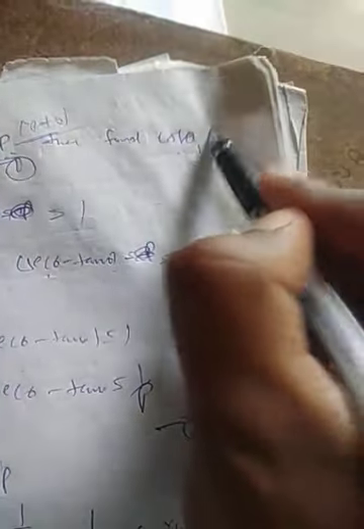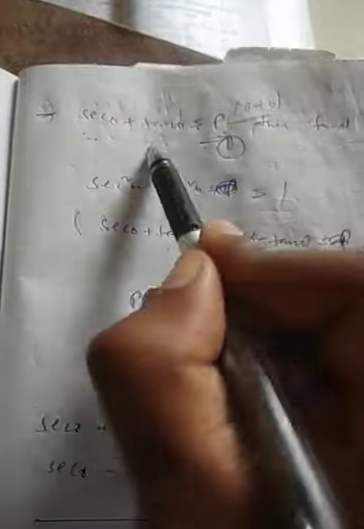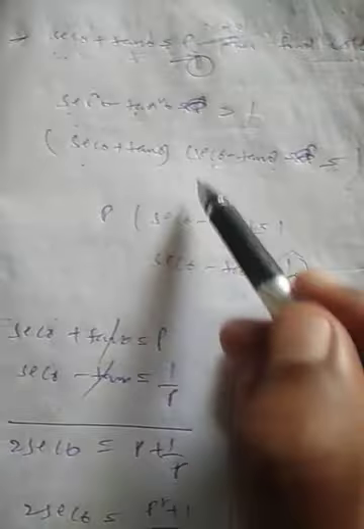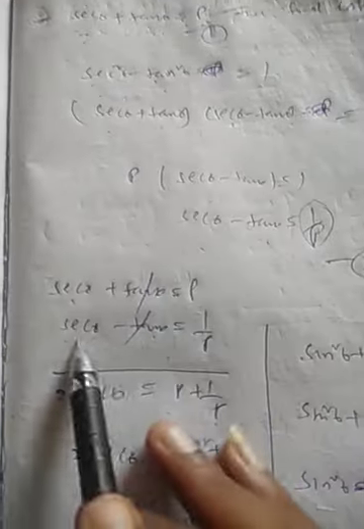Once again, sec theta plus tan theta is given. We have to find cos theta and I found sin theta also. I am including sin theta as part of the question too. So whenever sec theta plus tan theta is given, sec theta minus tan theta will become the reciprocal of that, 1 by p, by using the identity. In the same way, if cosec theta plus cot theta is some x, then cosec theta minus cot theta is also 1 by x. So first a plus b, some x plus y, we have x minus y also. From that we find x minus y. So we solved for that.